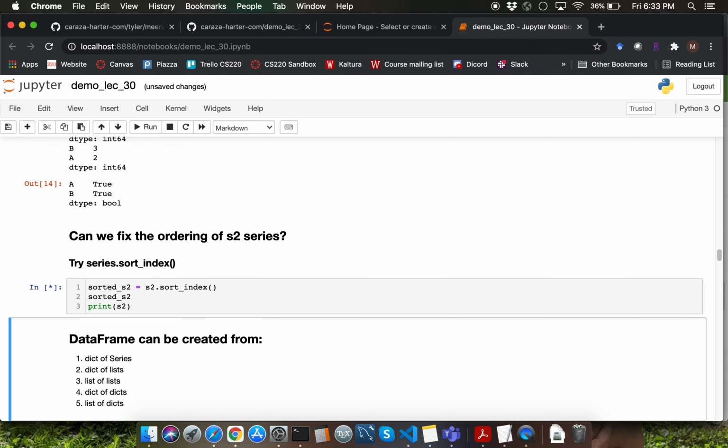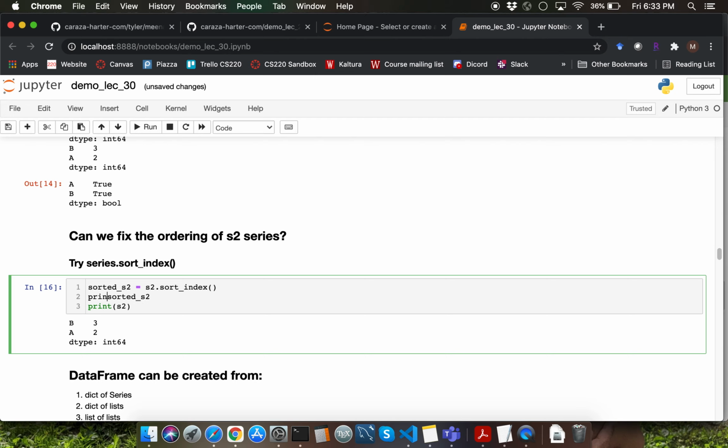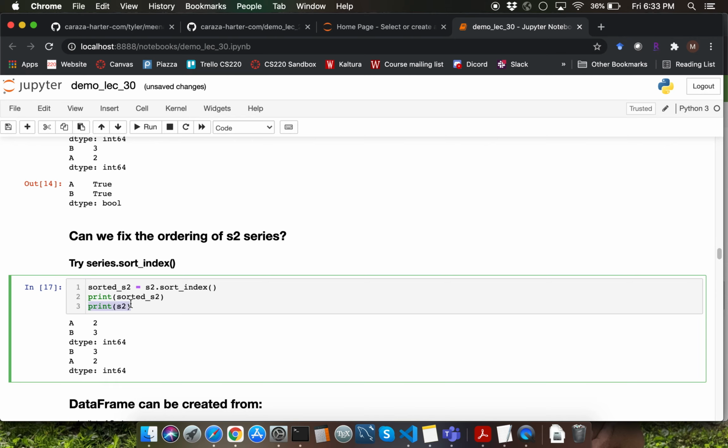Let me go ahead and display S2 really quickly here so that you can look at the difference between sorted underscore S2 and S2. Let me go ahead and fix the parenthesis. There you go. The original series has the values as 3 first and 2 next. The sorted series has the values as 2 first and 3 next. How can we now overcome the data alignment issue? Now it should be very easy for us to compare sorted S2 and X.